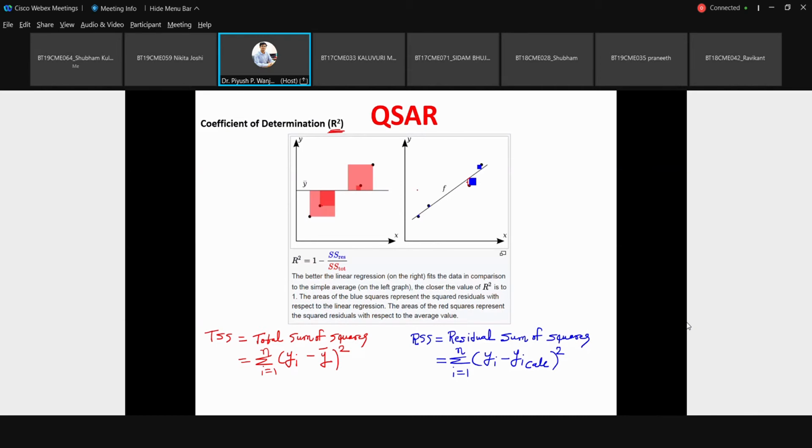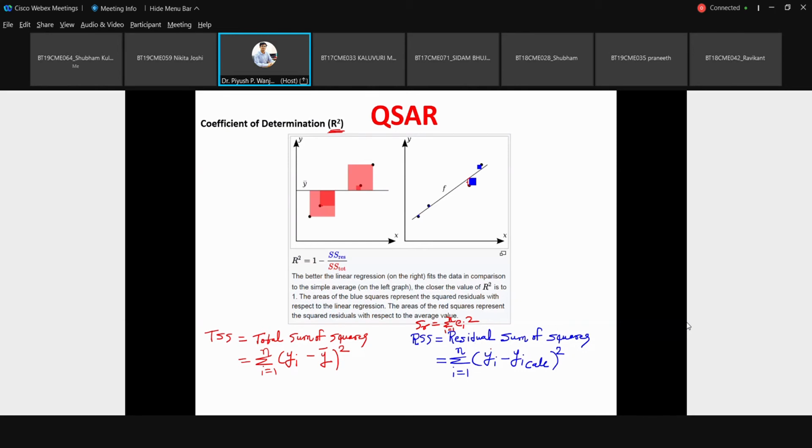Here there are two plots given. It is easy for you to interpret the first plot, which is related to something called RSS. This RSS is nothing but the SR term you developed earlier, the summation of i equal to 1 to n of e_i square. This is the same thing, that is your RSS. What is the meaning of RSS? It is the residual sum of squares. Residual means error related, the sum of the squares of errors. If you see the formula, it is y_i minus y_i calculated, and the square of that.